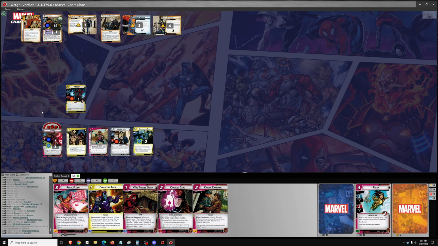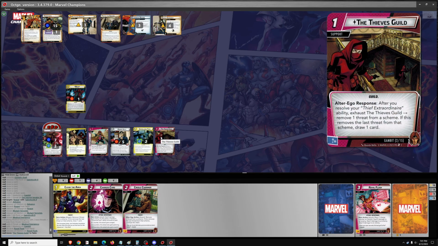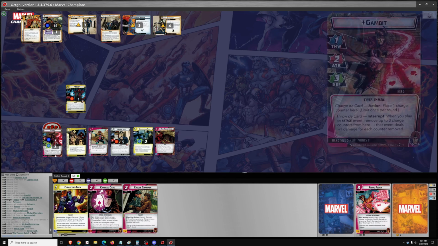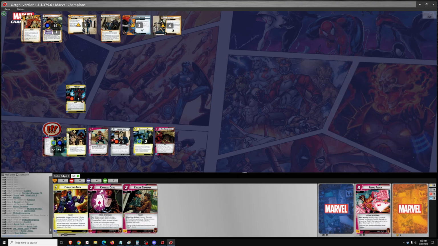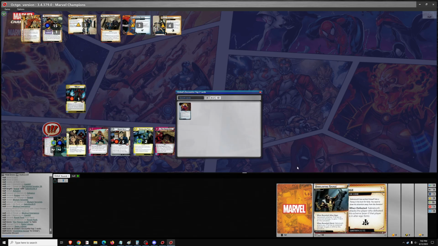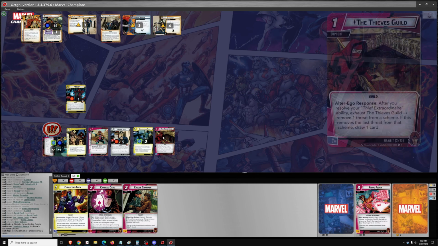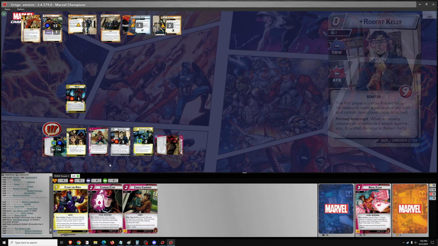For Gambit's turn, we'll add 1 charge counter. We'll definitely want to play Thieves Guild. Let's go Alter Ego. We'll use the Thieves Guild ability. Look at the top 2. 1 or 1. We'll get rid of Unrelenting Savage. So it's going to remove 1 threat. Thieves Guild can remove 1 more. That is not good. We needed 2. Well, let's get the 2 threat off. We can then go...